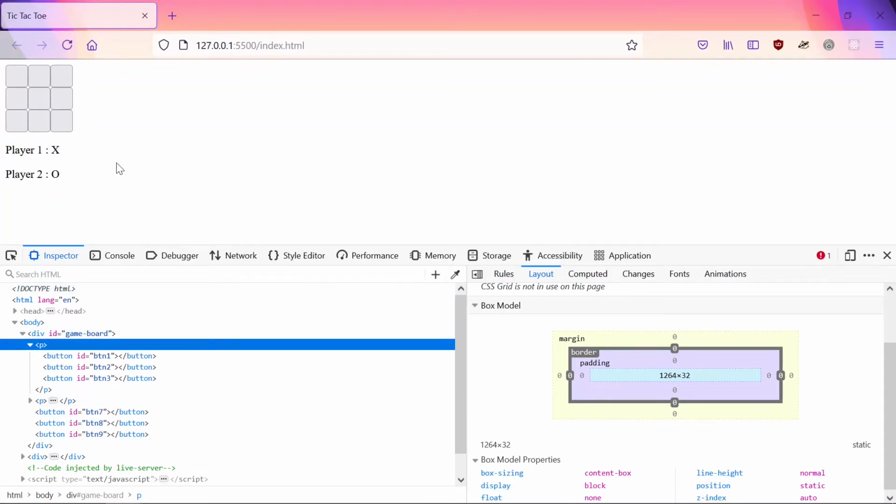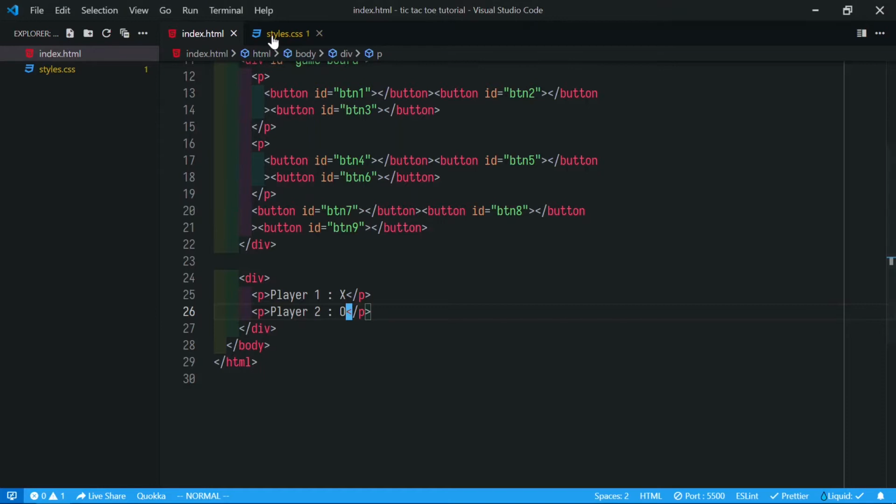So now they are in their own line, but what we want is I want these here on the right side of the game board.